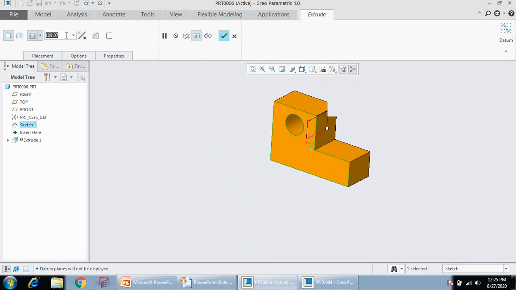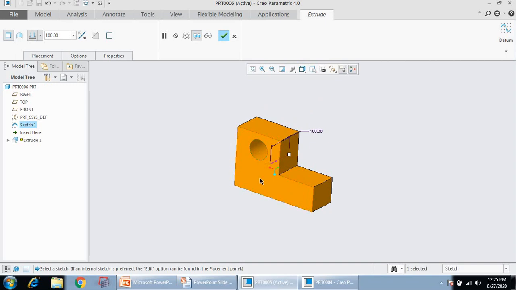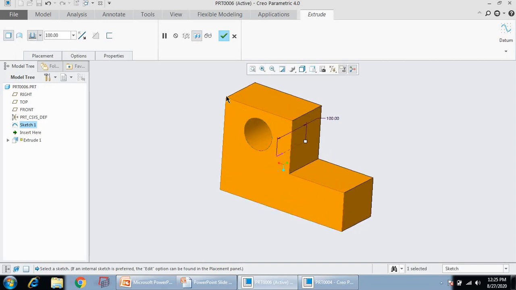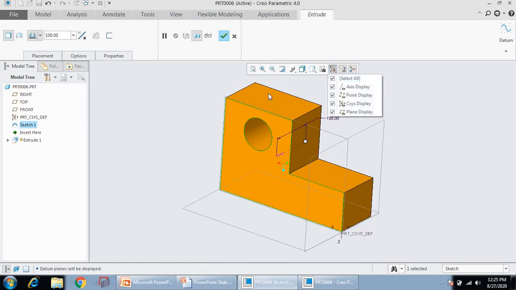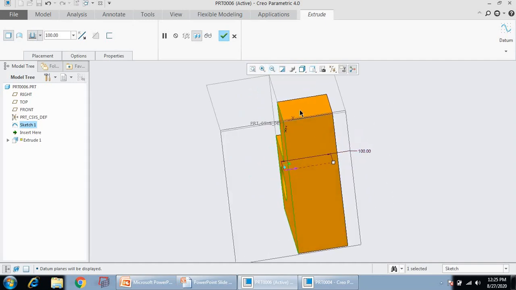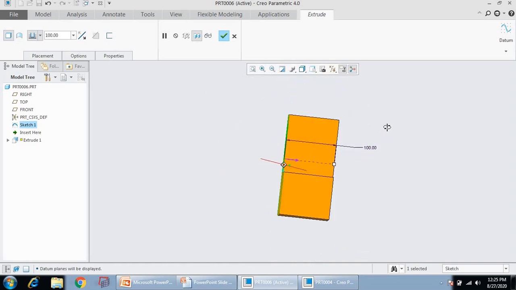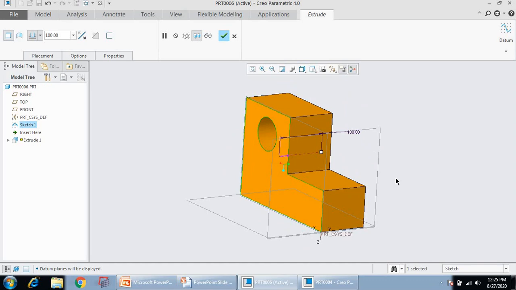Suppose extrusion depth is 100 mm. You can see what this definition is. We have drawn a cross section or a model on this plane. The plane is shown here. On this plane we have drawn this model. We have extruded perpendicular to this plane in this direction by 100 mm. So at any point, if you measure depth, it will be 100 mm. So this is called a 2.5D extrusion model.